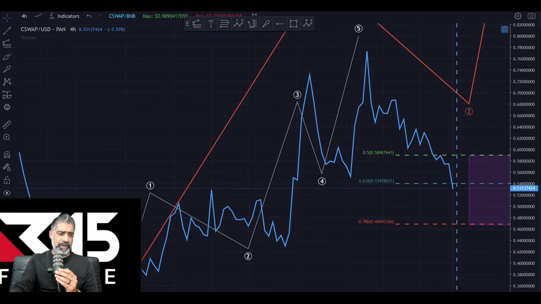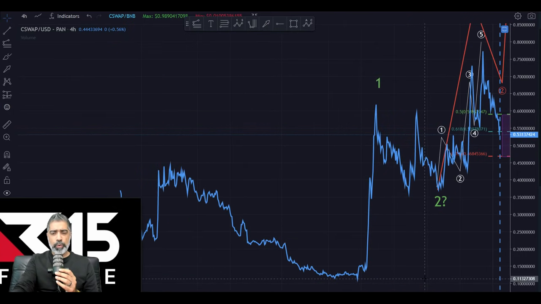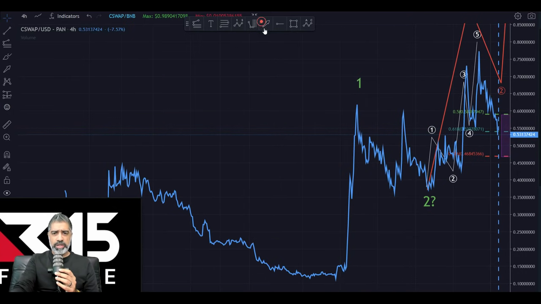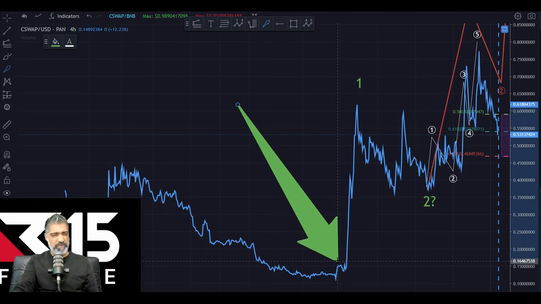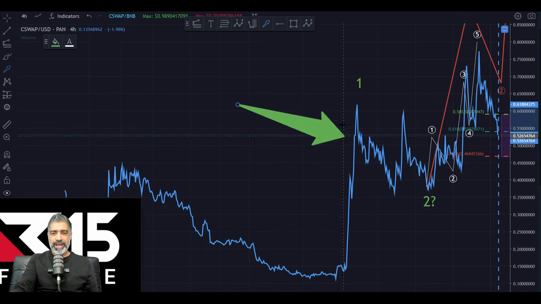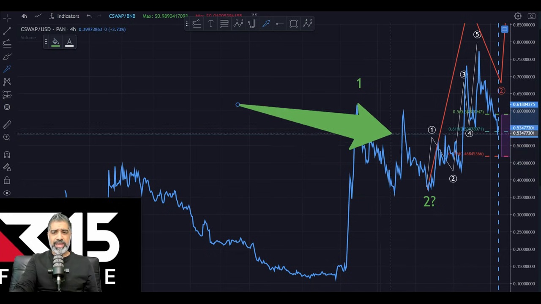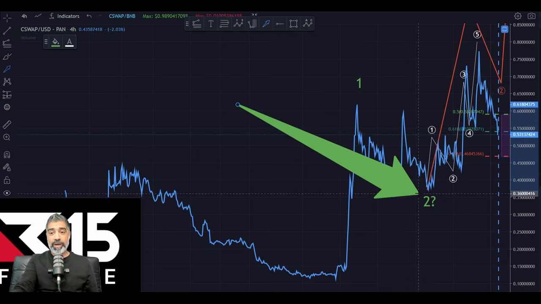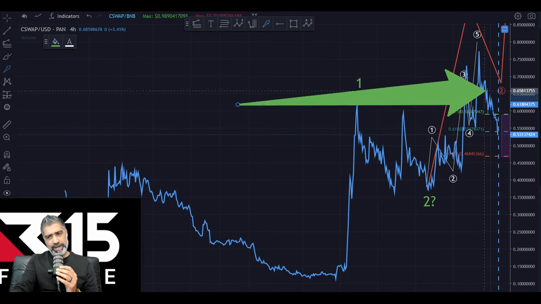So if I just zoom out first, let's just see the price action of CrossSwap all in all. This is a 4-hour chart. When I did my first video, it was down here somewhere at around 13 to 15 cents, give or take. Had this nice movement to the upside, 60, 65 cents. A good ABC correction for what looks like a wave two. And then we've had this nice 1, 2, 3, 4, 5, and we're looking like we've got this correction.